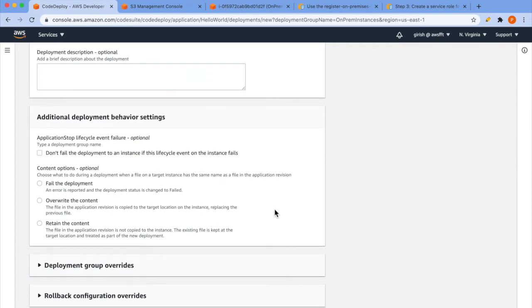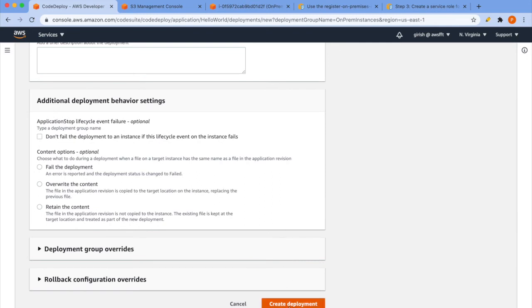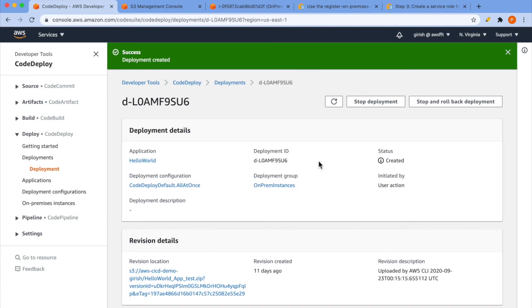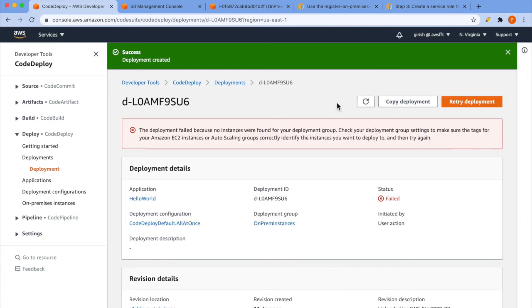Click on create deployment and it should start deployment. Let's see. Refresh once. Yeah, so deployment failed and that is expected. Deployment failed because no instances were found for your deployment group. Check your deployment group setting for proper tag. So this is a message we can see.